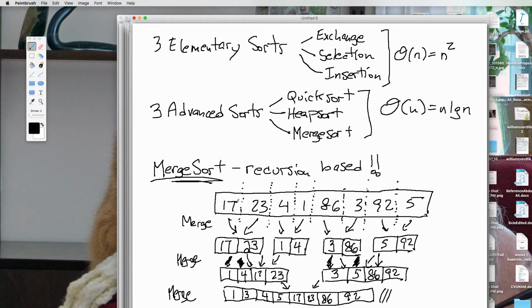So now we're actually in a position, just looking at this picture here, to analyze the complexity of this algorithm. You can see that in going from this line to this line, we had to read through the numbers all at once. And going from here to here, we had to read through the numbers all at once. And in going from here to here, we had to read through the numbers once. So there was a read for this merge, there was a read for this merge, and there was a read for this merge. Well, if there were n numbers, there were n reads here, n reads here, and n reads here, or a total